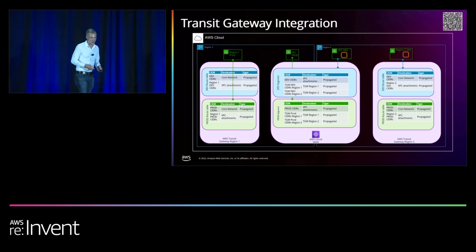So we can integrate with it directly. There's a QR code if you want to see it. There's a blog post that came out recently that dives in even deeper into this architecture. But essentially what we're going to do is create a TGW peering connection from each of our transit gateways to our core network. And then we're going to create something new called a route table association. And this takes a route table from our transit gateway and explicitly associates it with a segment on our core network. So we can repeat this for our dev traffic and then for our prod traffic as well.